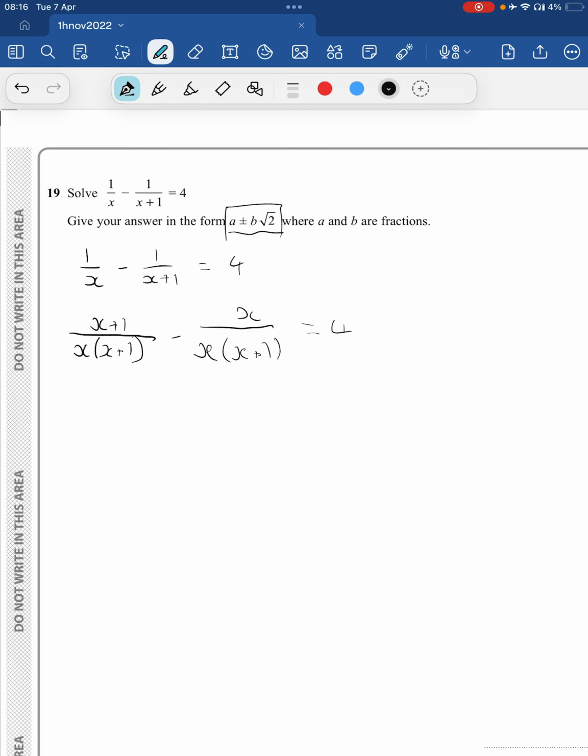So next up, let's combine them into 1. So x plus 1 take away x over x plus 1 is equal to 4. So 1 over x plus 1 equals 4. I've now got a single fraction and I'm being asked to solve. So the first thing I am going to do is multiply by this denominator just here, leaving me with 1, and then multiply the denominator, 4 times